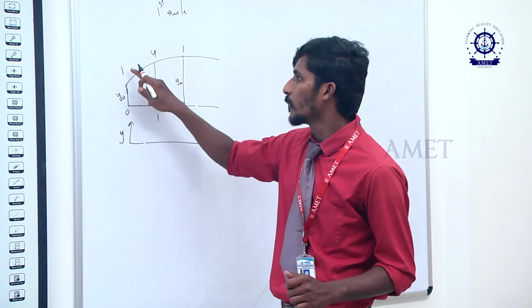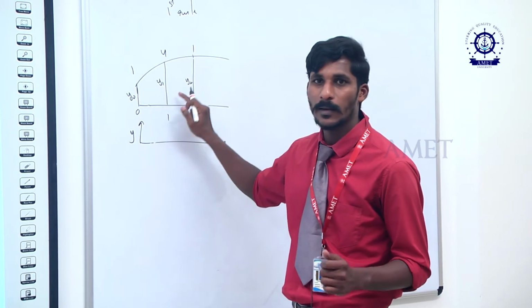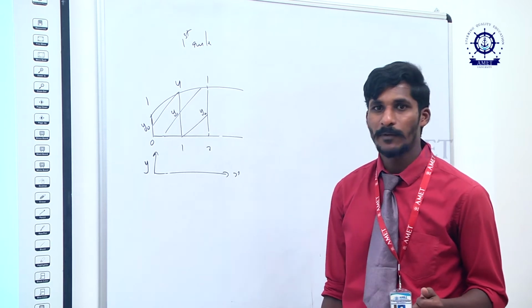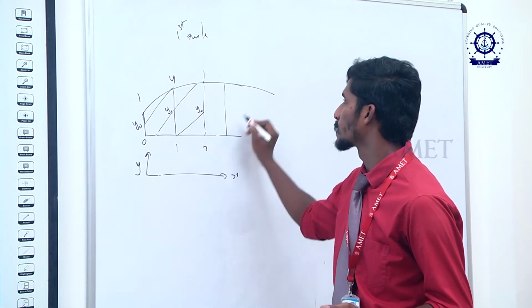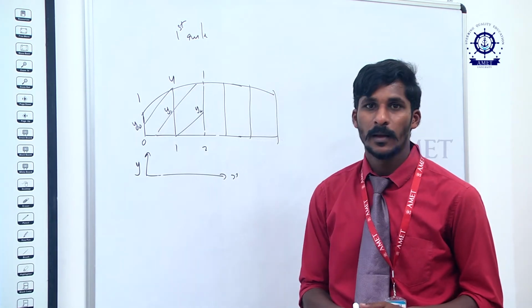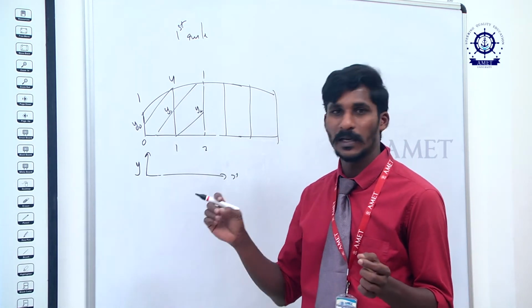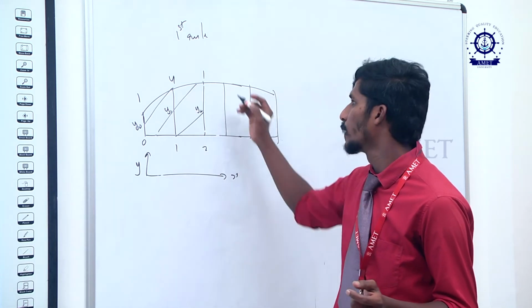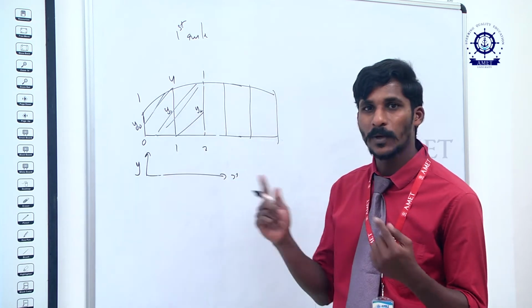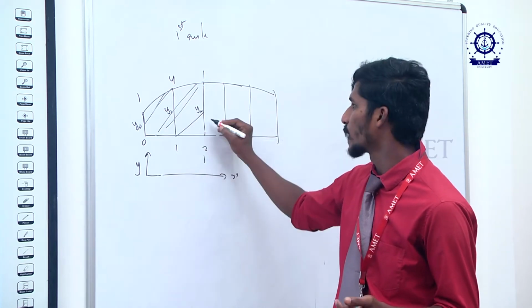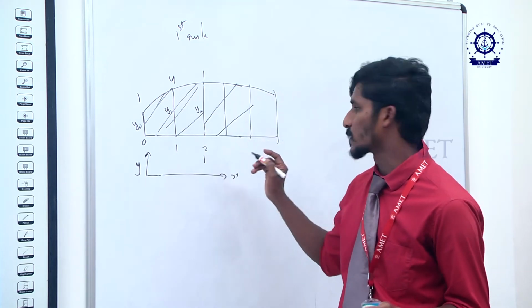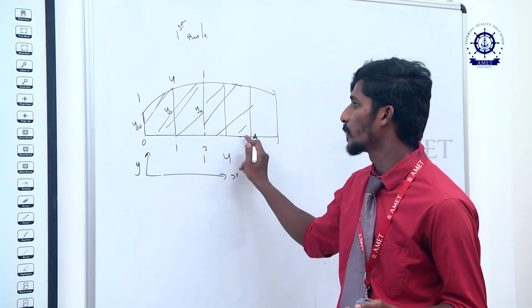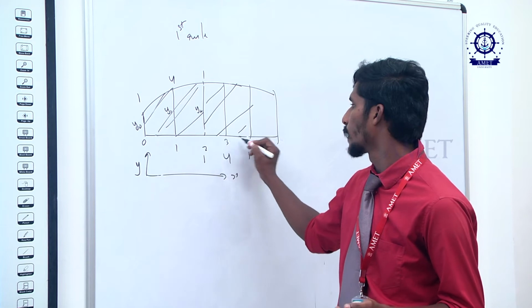So if I apply 1 into y0, 4 into y1 and 1 into y2, it will give the area under the curve. If I want to continue, I have many ordinates. If I want to continue the same method along a certain curve, how do I continue to find the area? Again, if I found this area, now I have to continue from where? From the second station, because only then will you get the continuation area. So from the second station you will apply 1, 4, 1. Then you will get the continuation area from the second station to the fourth station.